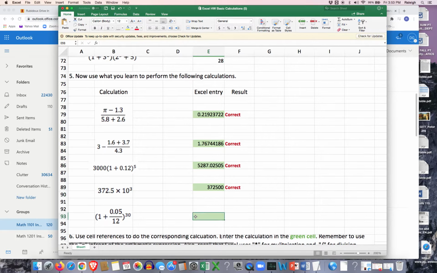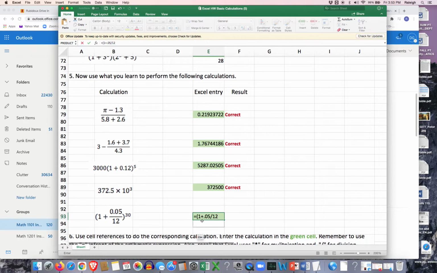Now this one is quite handy when it comes to situations that don't divide by 12 very well. I avoid those on tests. So I'm trying to get you a little bit of help in case you're not into Excel too much. I know we're not going to give you a lot of time to sit down to learn it. I've got to type in 1 plus 0.05, and I'm just going to divide by 12 because that's self-contained,